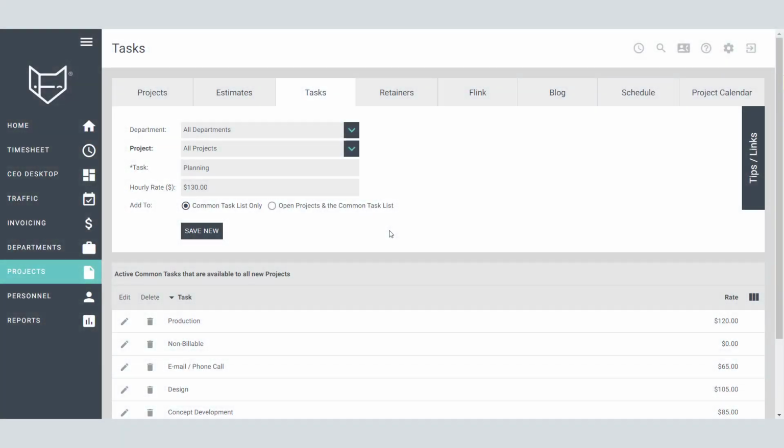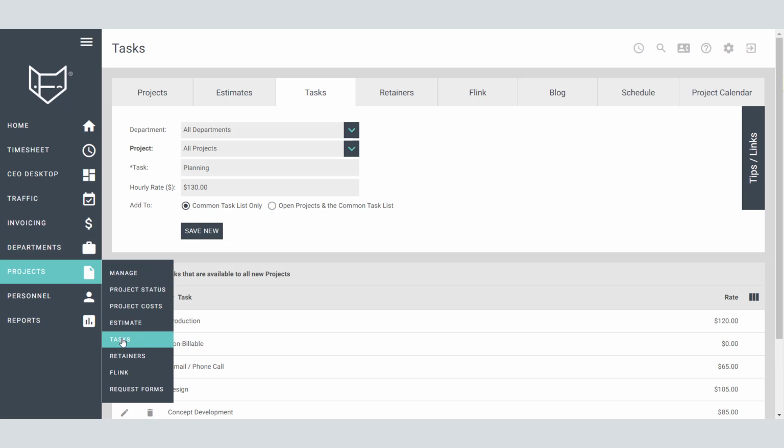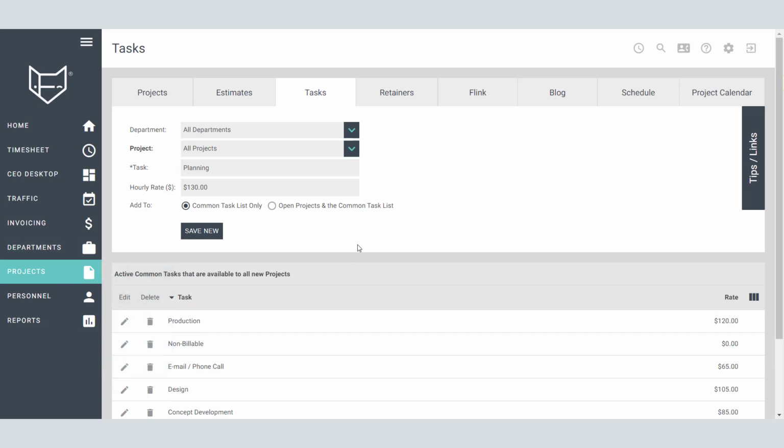One of the first steps in setting up a FunctionFox account is making sure that you have your tasks set up and ready to go. To set those tasks up, hover over Projects and click Tasks. In a new account, there are no tasks set up to start, so let's cover setting up the common task